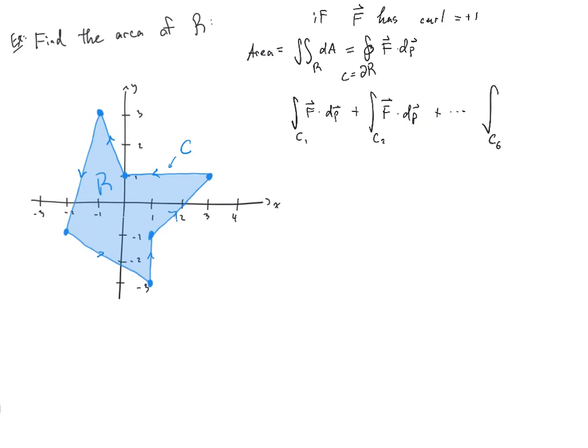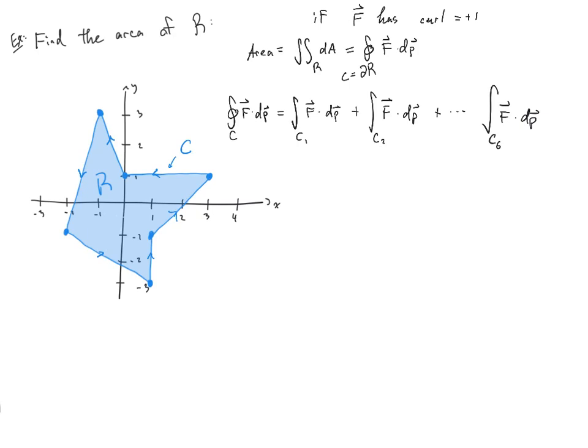So there'll be an integral over C6 of F dot dp. All of this is the integral over C. I didn't number them in the picture, so you basically get to choose which is your starting point and which is your stopping point. I think I numbered them differently in the back, but now I'm going to try to be consistent with the